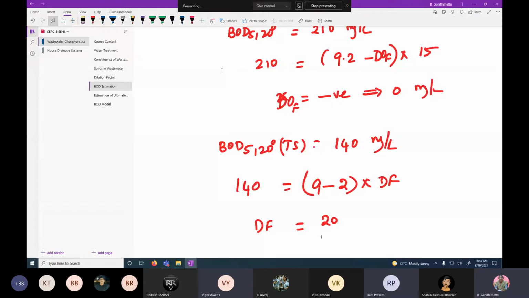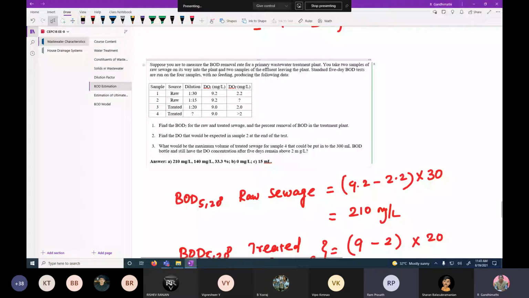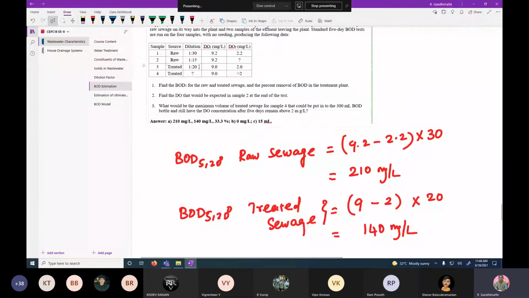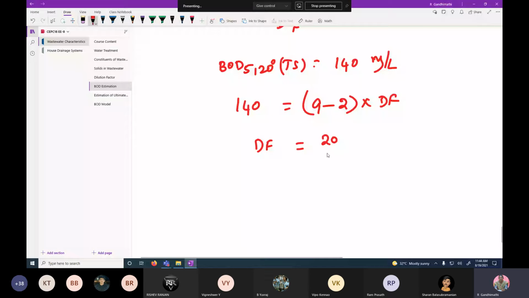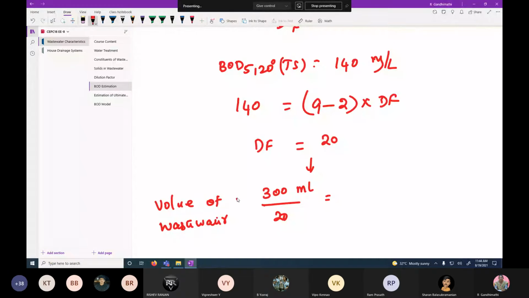With that we can find the volume. You can consider 300 ml as the total capacity. 300 by 20, you will get the volume of the sample. Volume of wastewater is equal to 15 ml.